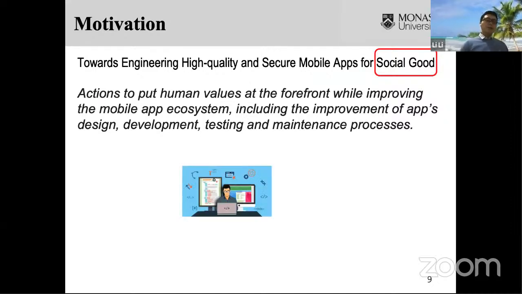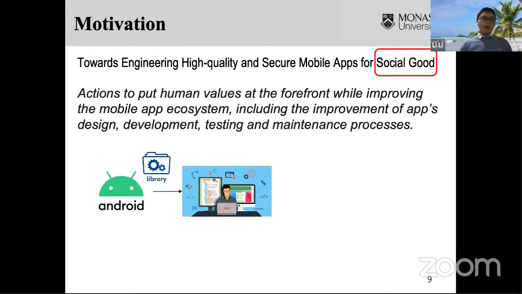Particularly, it involves a lot of stakeholders in the ecosystem, including app developers, as well as the official Android framework developers, as well as the third-party library developers that the app developers rely on to implement mobile apps.